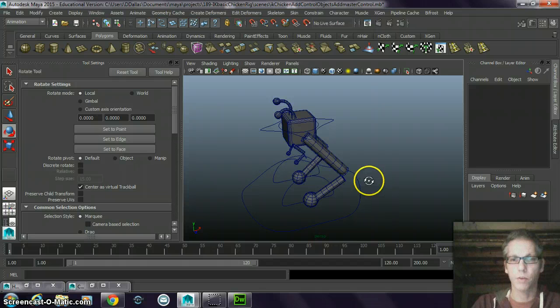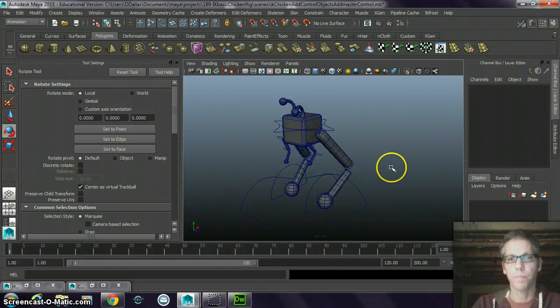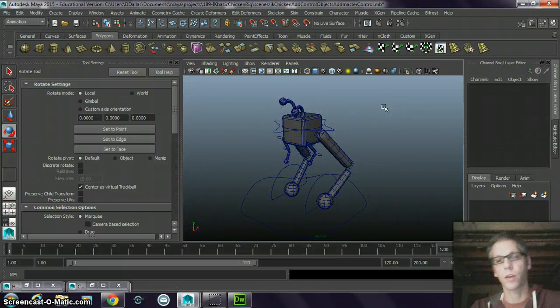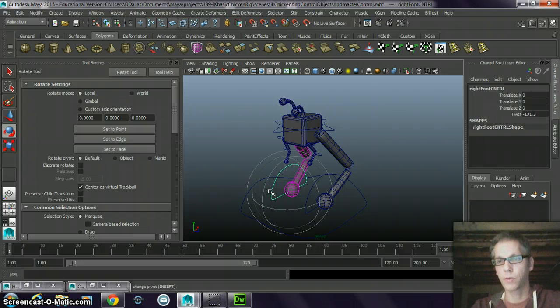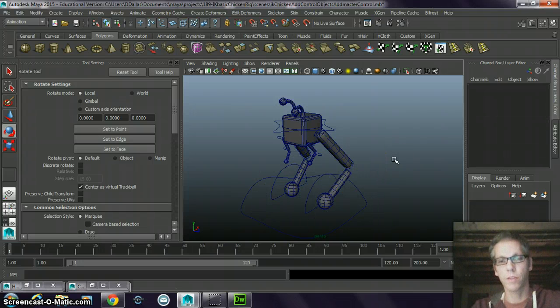Now the next thing I would do is, I haven't textured or anything like that, so I would go in and start texturing my character, and that would be my final step. Attributes have been added. Everything looks good, so I think I'm in good shape. I think my character is done, but you never know until you start to animate things and find out you want to add more features